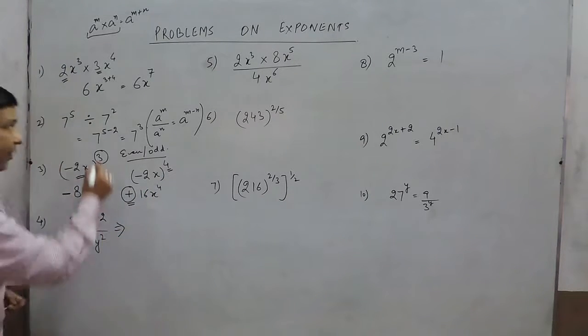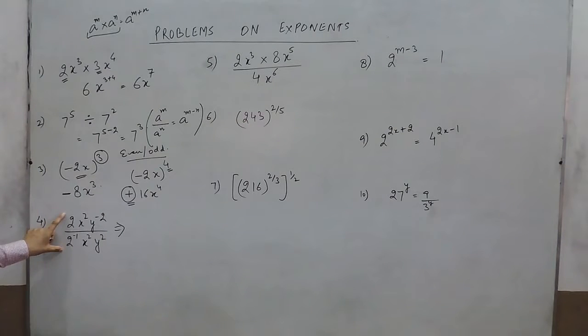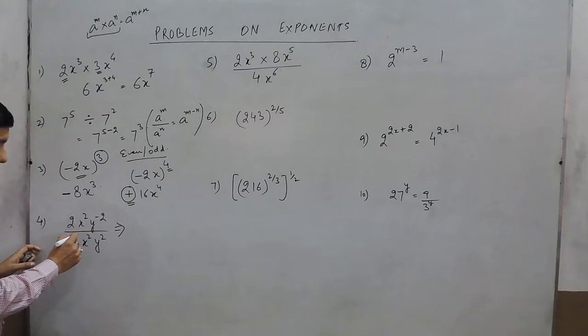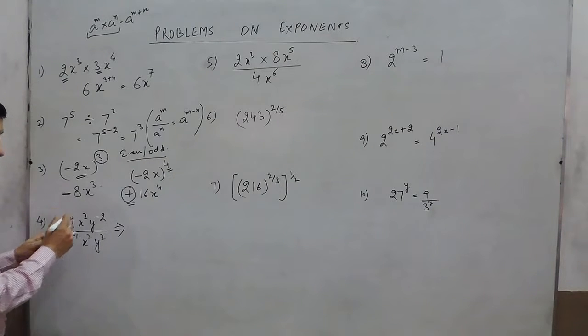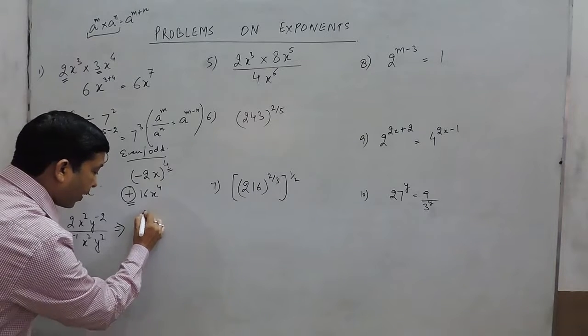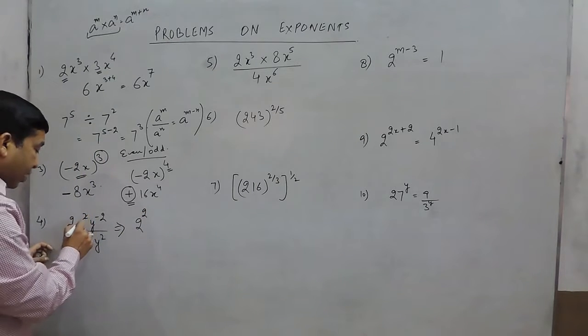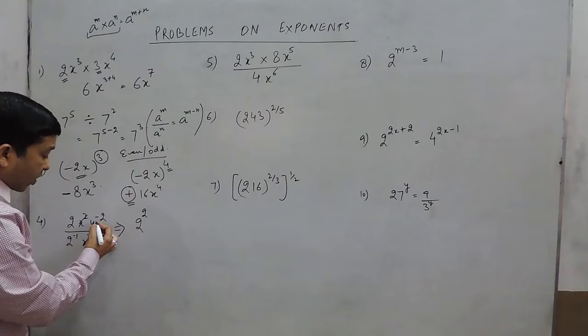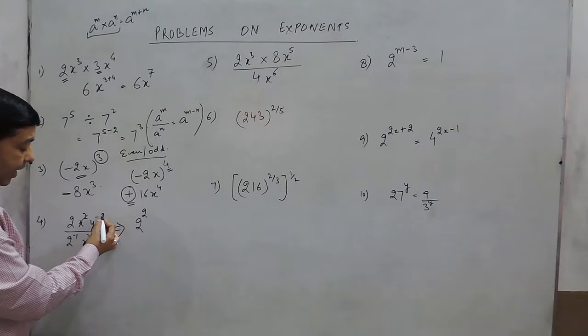Now, if in case we combine all the three in this format, it is 2 and here it is 2 to the power minus 1. When it will go in the numerator, the power will become positive. So it becomes 2 to the power 2. Then x square and x square can be cancelled out by each other. This by having a power negative 2.